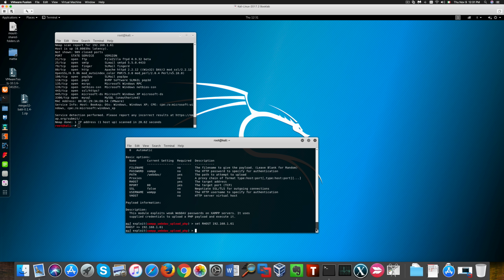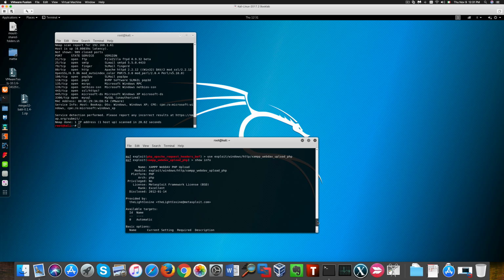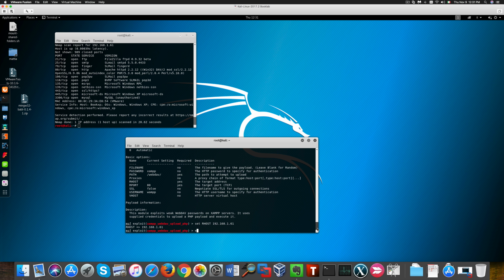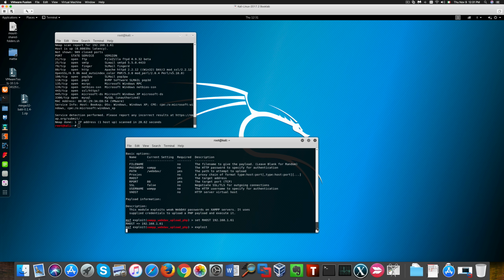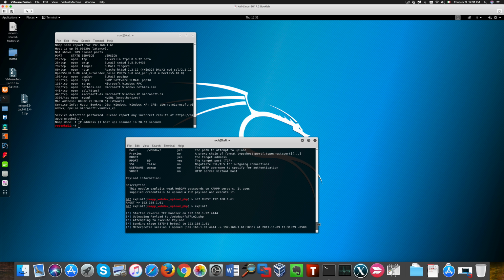The only option we need to set up here is our host, which is the IP address of our victim machine. And let's launch the attack. At this point I can get a shell successfully, but